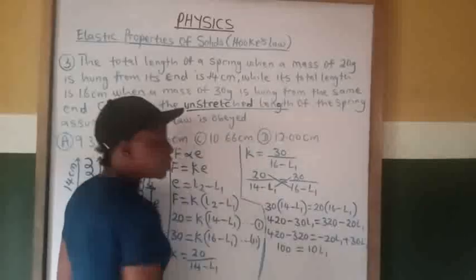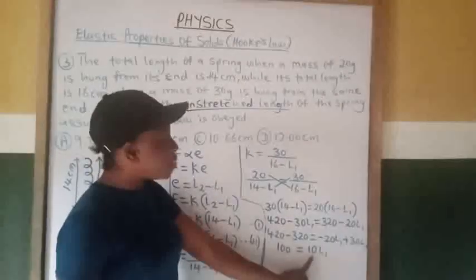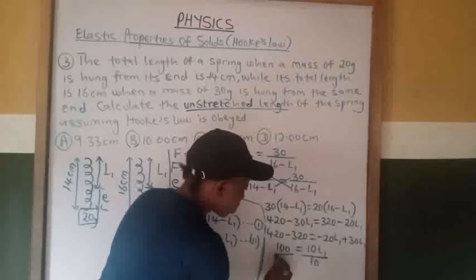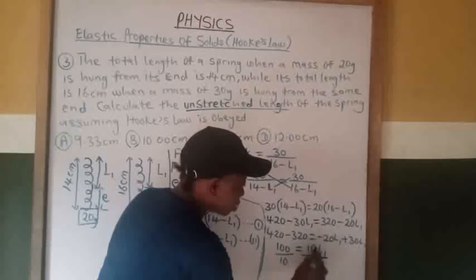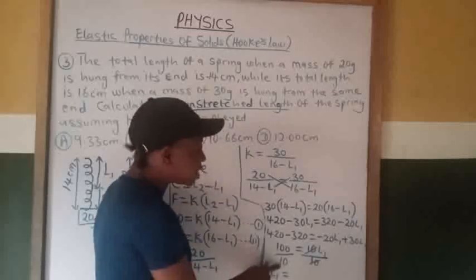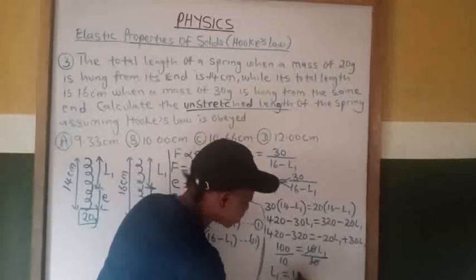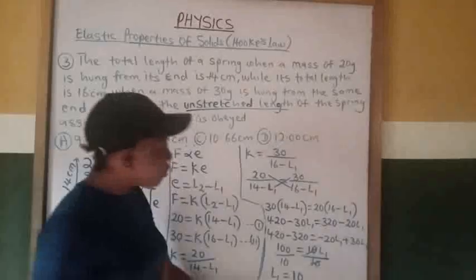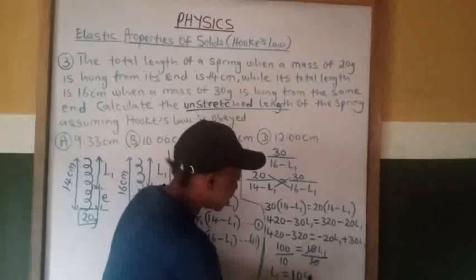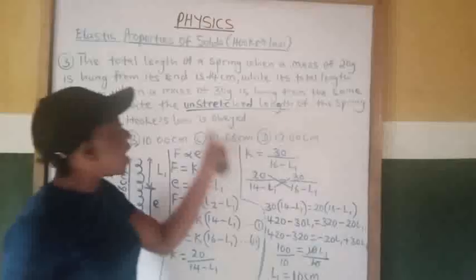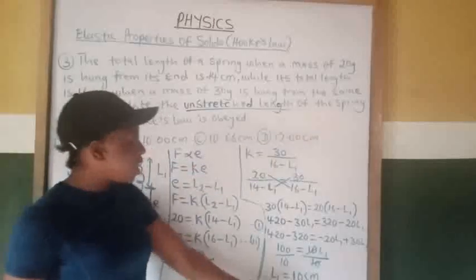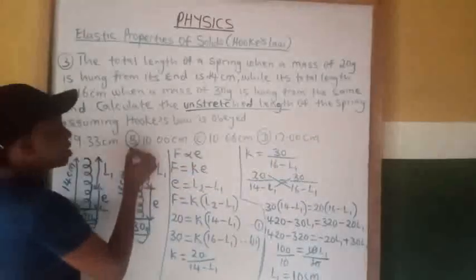So we are looking for the value of L1. We divide both sides by 10. So 10 cancels 10, and L1 equals 100 divided by 10, which gives 10. So the value of L1 is equal to 10. 10 what? It should be in centimeters. 10 centimeters. So the length of the unstretched spring is equal to 10 centimeters. So the correct answer is